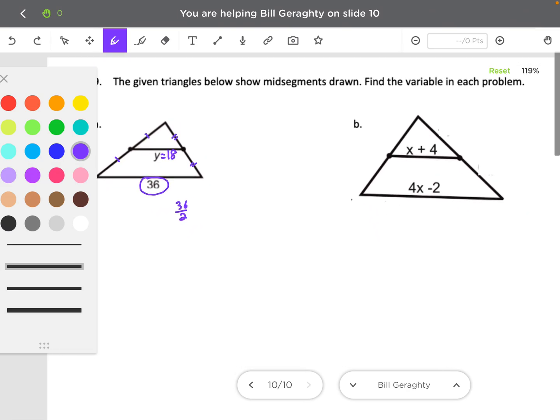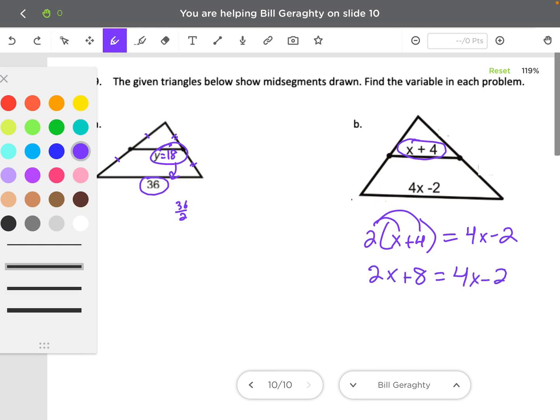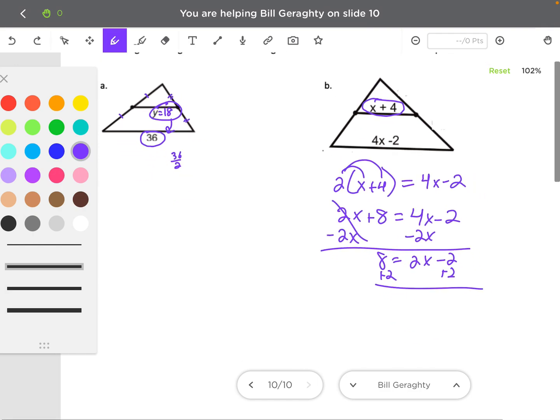To use this, you know that there has to be 2 of these, 2x plus 4s to equal the 4x minus 2. So 2 of the mid-segments, 2 18s is going to give you 36. 2x plus 4s is going to give you 4x minus 2. Go ahead and go through and distribute. Okay, and then subtract. So 8 is equal to 2x minus 2, add 2. 10 is equal to 2x, and divide by 2